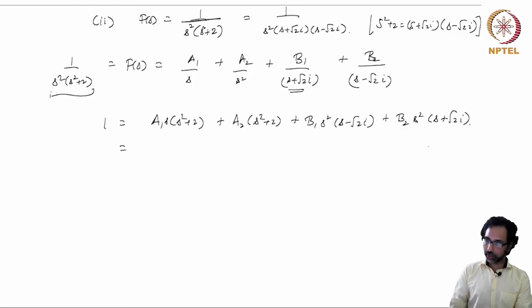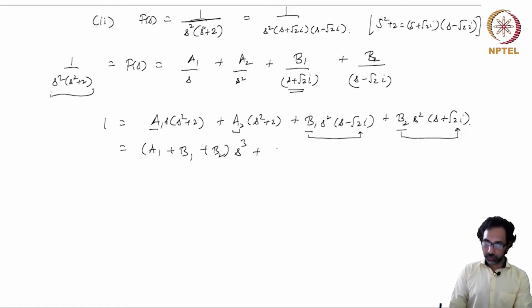And so you can combine the coefficients of all powers of s. For s cubed we will have one from here, one from here and one from here. So you get a1 plus b1 plus b2 on s cubed. For s squared you have one factor here, and then one factor with this one, and then again one factor with this one. So you get